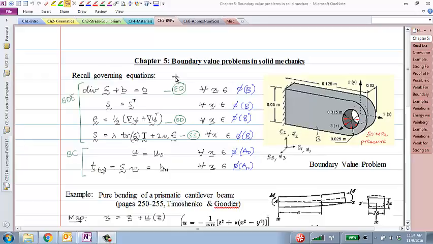Chapter 3 was all statics, essentially, that sum of forces equal to 0 and sum of moments equal to 0. What does that mean for deformable bodies? We saw that we got equilibrium equations at each and every point in a deformable body. Finally, we looked at material properties in chapter 4. And we said that we needed material properties to be able to get enough equations to be able to solve